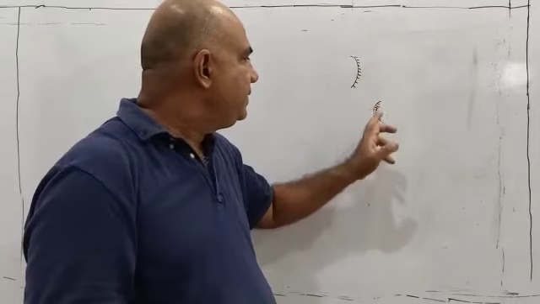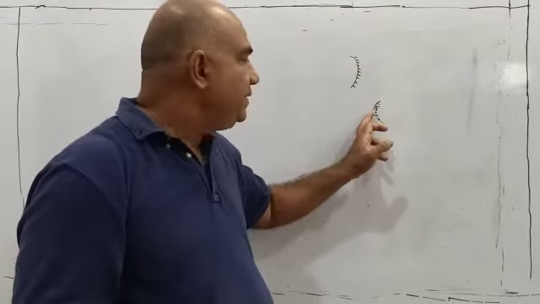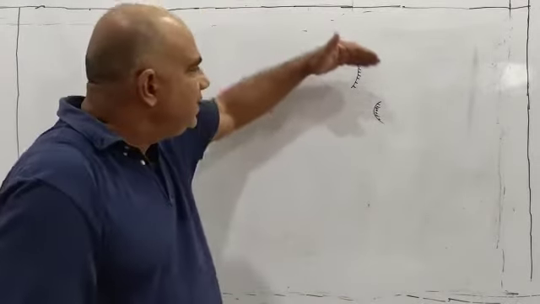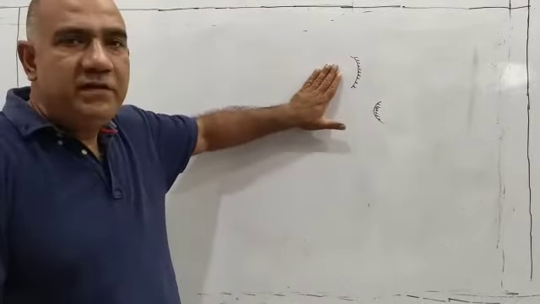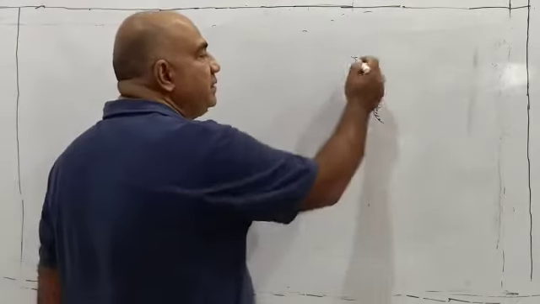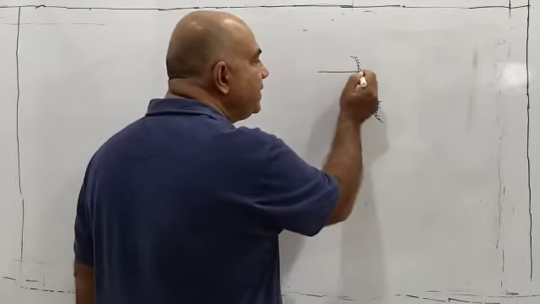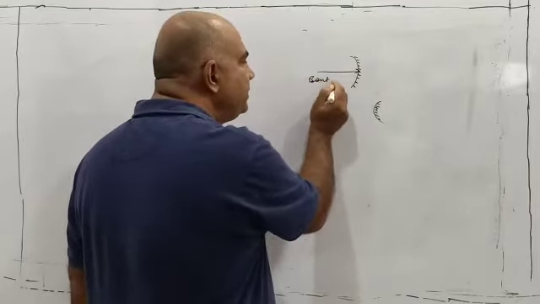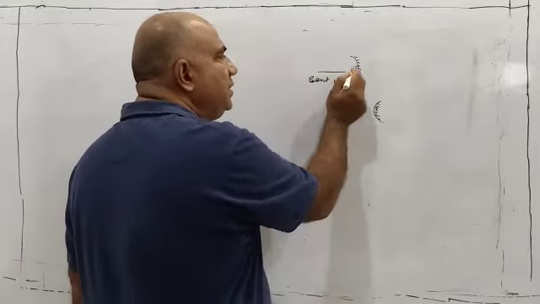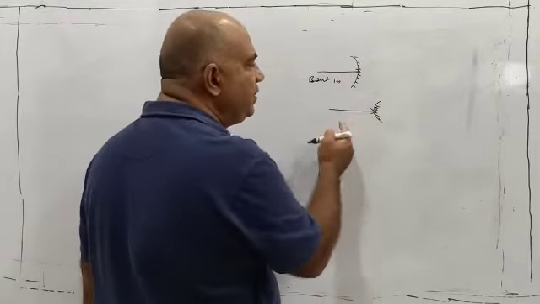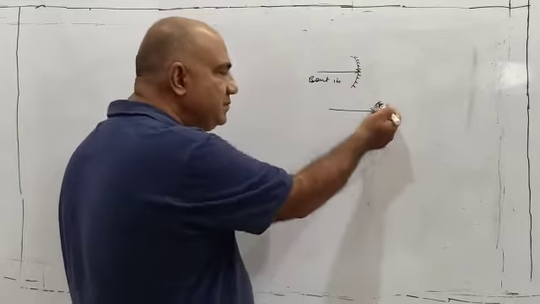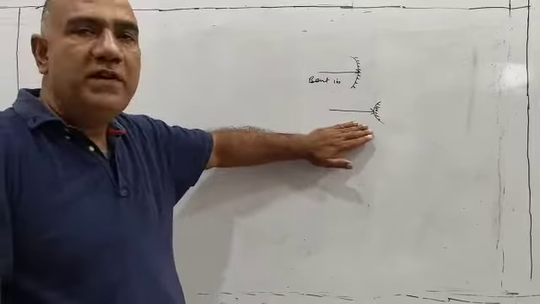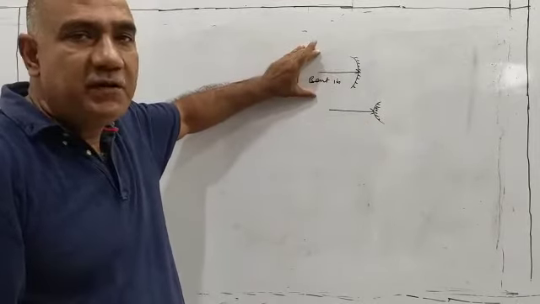This is the reflecting surface. In case this is the reflecting surface, this is painted, this is painted. So let us also say there are two types. One is concave. Which one is concave? The mirror that has its reflecting surface bent in. You see, it is bent in. Please do remember this word, bent in. And this is a bulging out reflecting surface. This is trying to bulge out. Bulging out reflecting surface, convex. Bent in reflecting surface, concave.